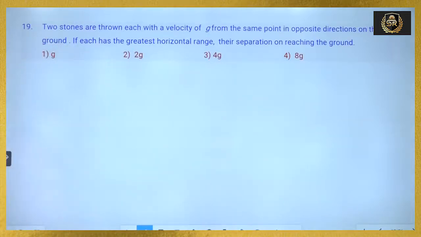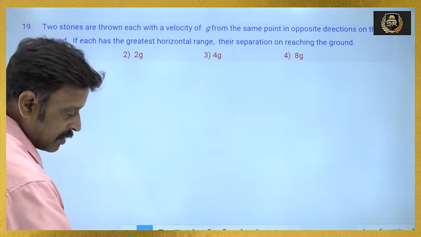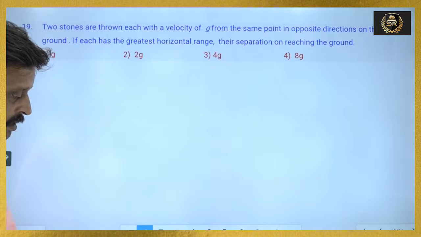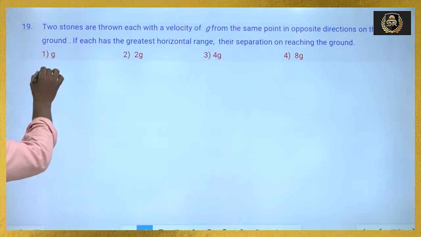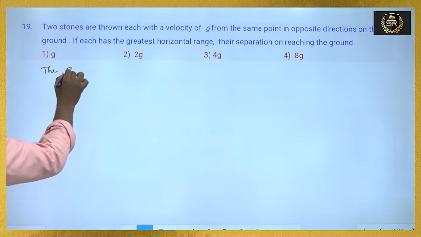Question number 19. Two stones are thrown, each with velocity g, from the same point in opposite directions on the ground. If each has the greatest horizontal range, their separation on reaching the ground is. Okay. See here. The greatest horizontal range